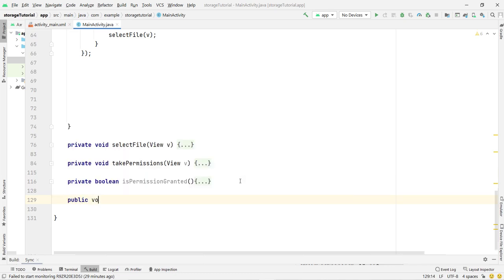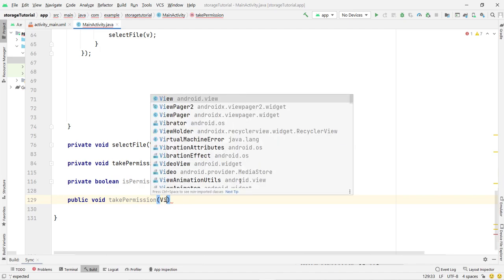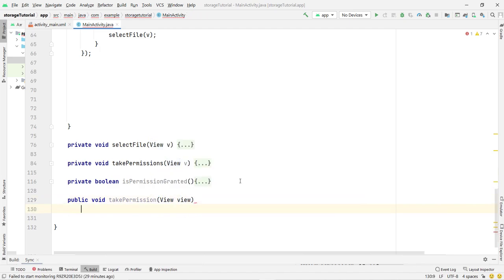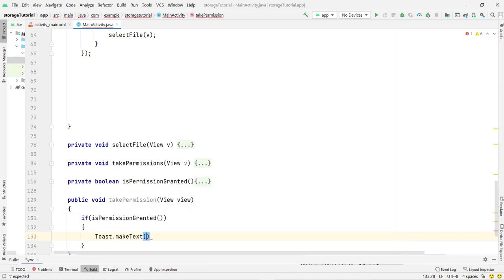Public void takePermission, and inside this we have to take a view again. If is permission granted. If we already have permissions, then we don't need to take permission again. So that's why I am creating this function, getApplicationContext, permission already. You can give any good message, it is virtual, and then we type here Toast